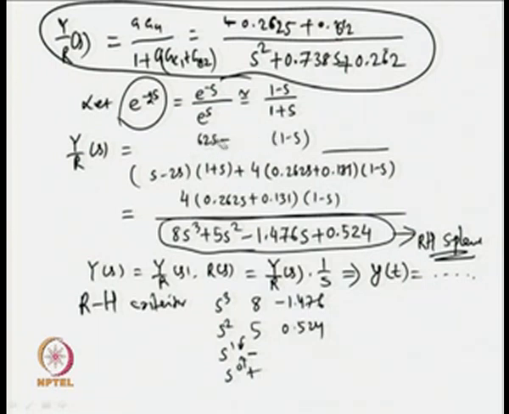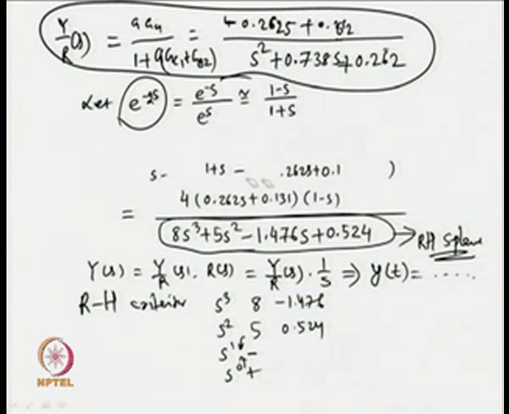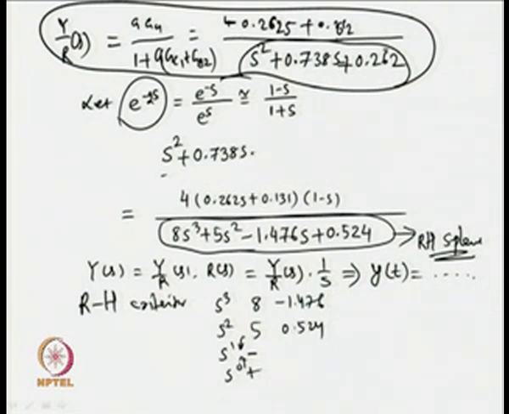So, when the inner feedback controller is present in the loop, we get a closed loop transfer function whose denominator is given by s square plus 0.738 s plus 0.262. So, if I compare this polynomial s square plus 0.738 s plus 0.262 with the standard second order denominator polynomial s square plus 2 xi omega n s plus omega n square,